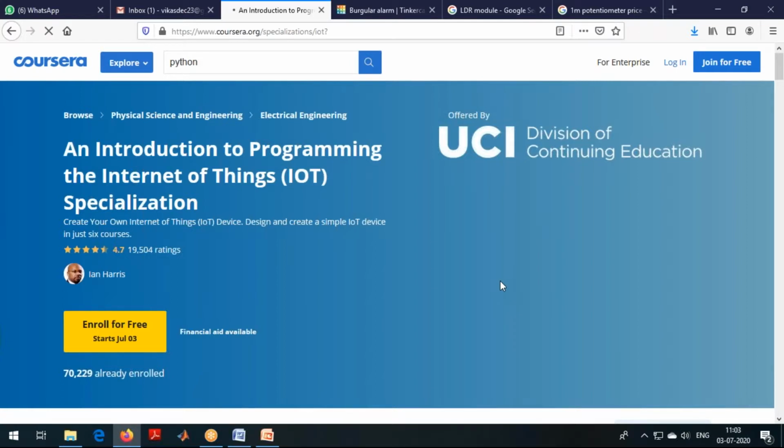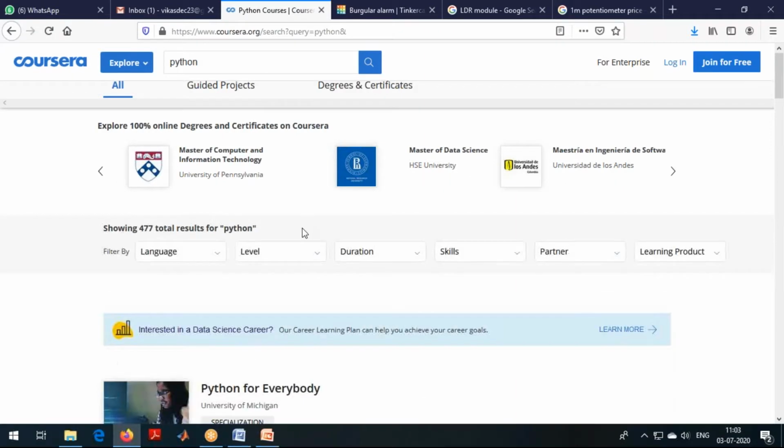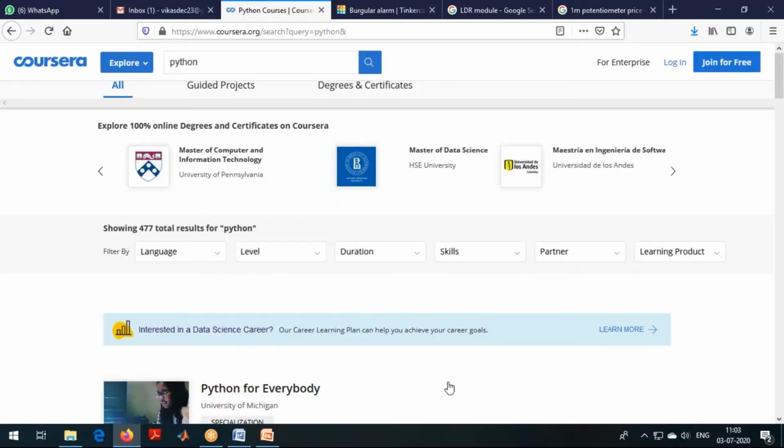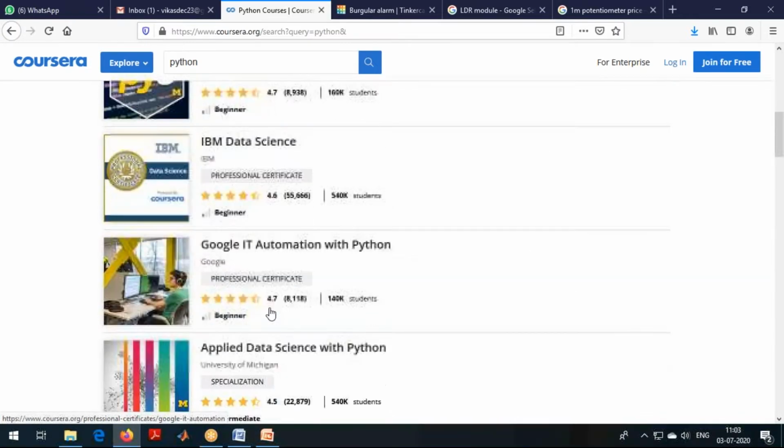That's it. If we are conducting any workshops on Raspberry Pi or Python, we will inform you. But if you want to work with Raspberry Pi, a little bit of Python knowledge will be enough. You don't have to master Python. Sir, I did it with Raspberry Pi, sir. Okay, then if you want more Python, you can log into any one of these courses.